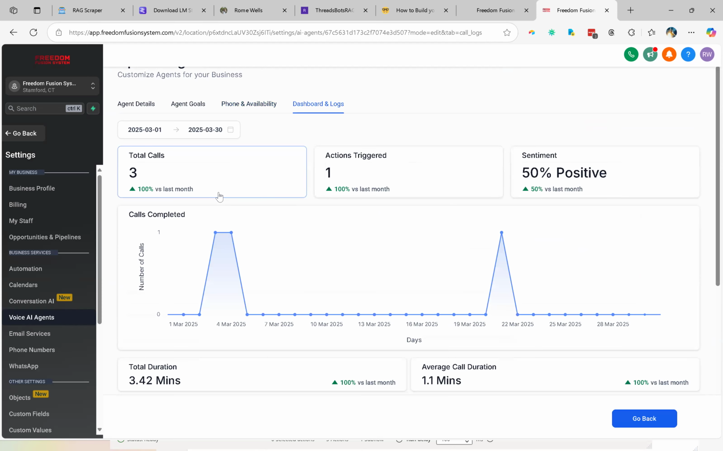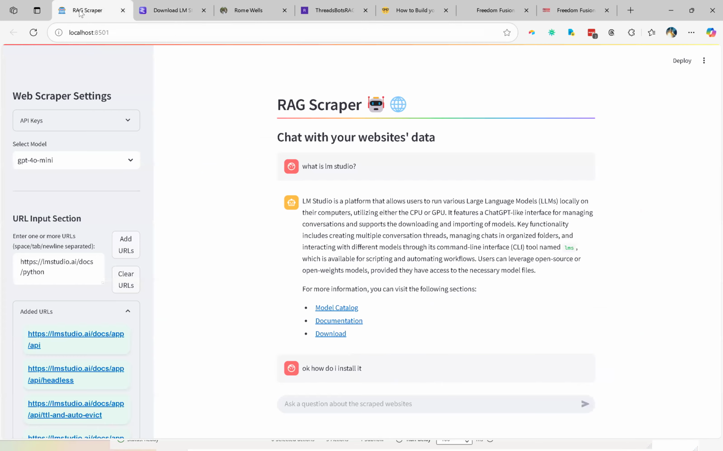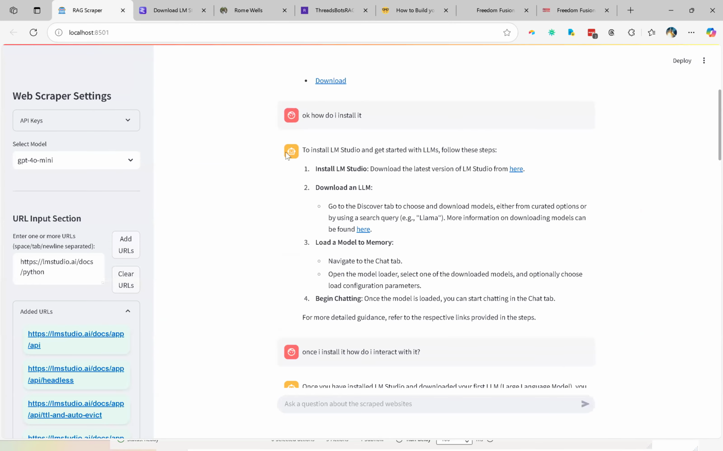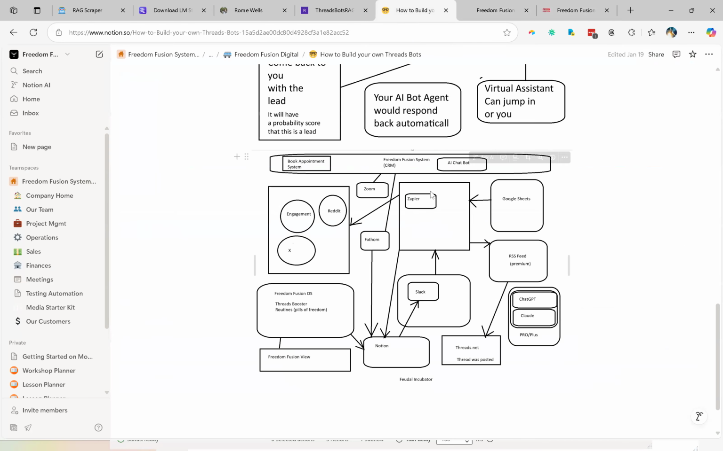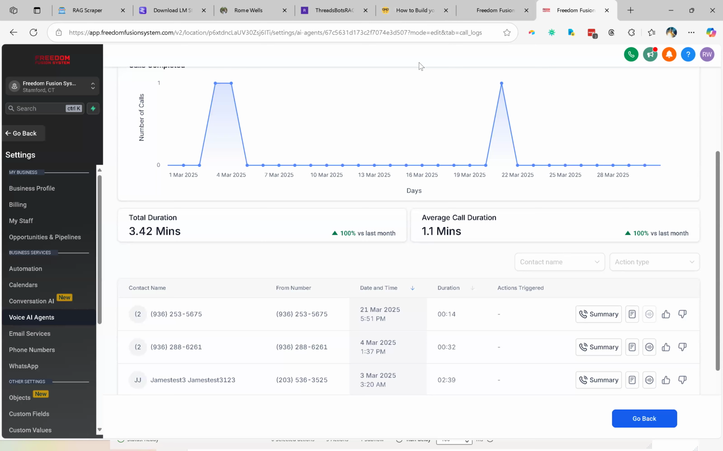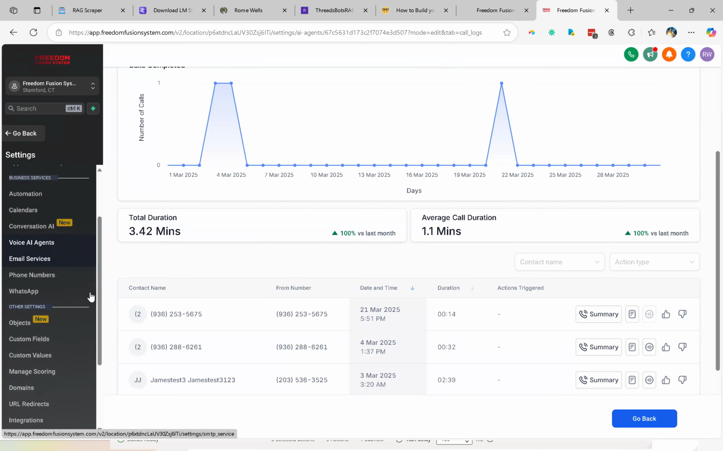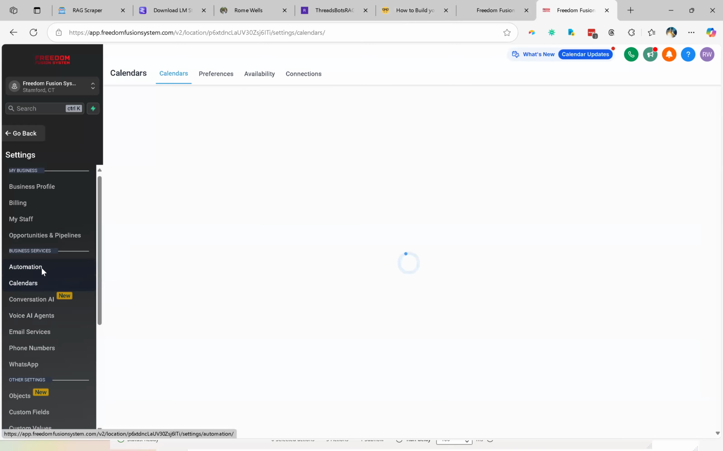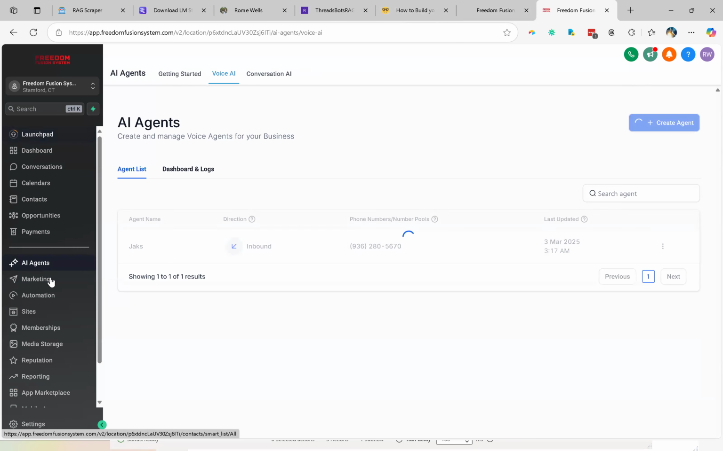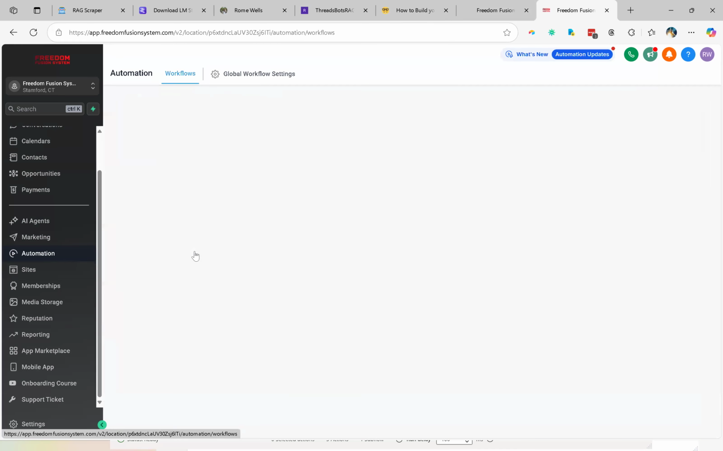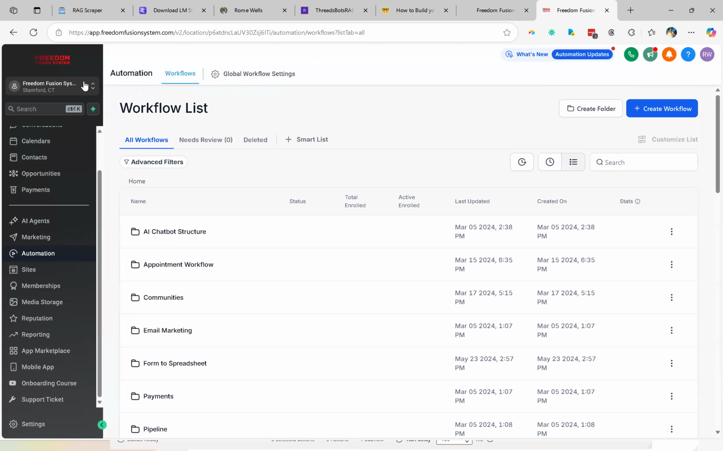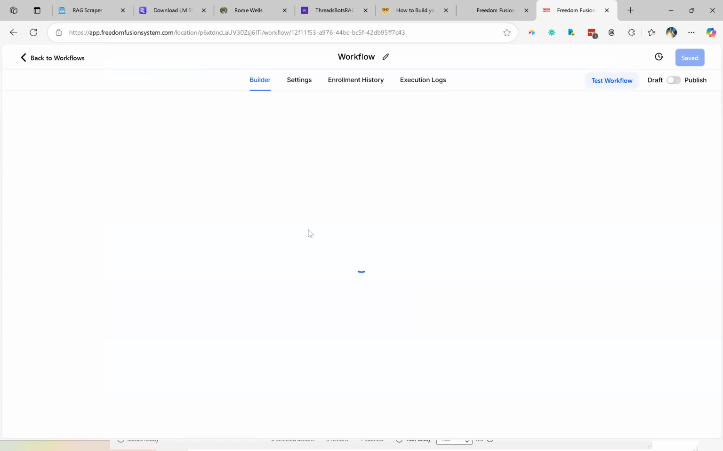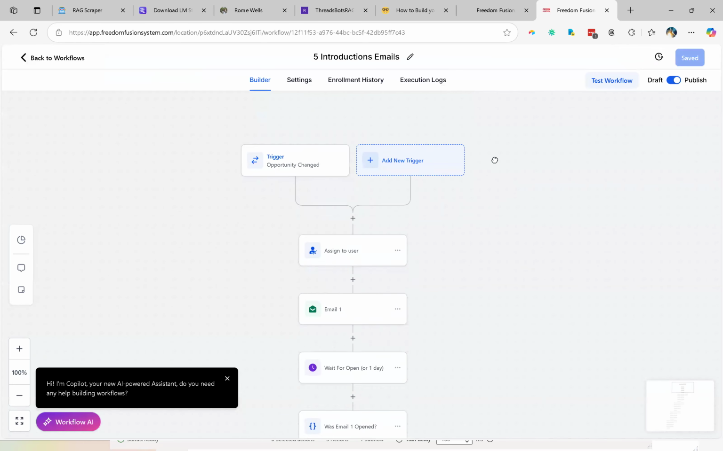But the idea here is, just like the way I showed you this RAG scraper that includes information in here, with Freedom Fusion System, if you have a business and you wanted to accelerate your chances of getting leads, you wanted to have everything in a single spot, with all sorts of calendars, book appointments where people book stuff, QR code generators, email nurturing campaigns, all sorts of automations. For example, when somebody fills out a form, there's an automation for email nurturing. A bunch of emails go out and your leads are notified of